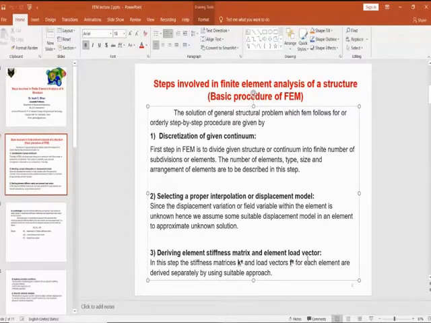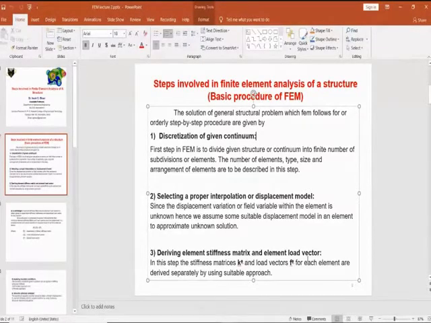Okay, the sides may be either equal or not equal, or they may or may not be at right angles. Whereas in a rectangle, what happens? Opposite sides are equal, and the angle between the sides is exactly a right angle, that is 90 degrees. Whereas in a quadrilateral, it is a 4-sided element, but the sides may or may not be equal, and the angles may or may not be 90 degrees. Then it is called a quadrilateral. So what type of element I want to use will also be defined in this step.